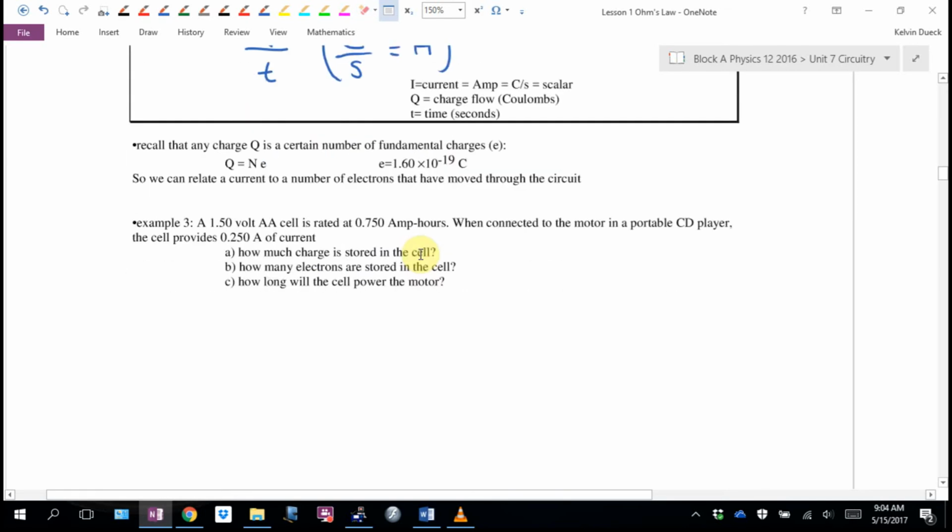As an example, a 1.5 volt AA battery cell is rated at 0.750 amp hours. Say, what? When connected to the motor in a portable CD player,